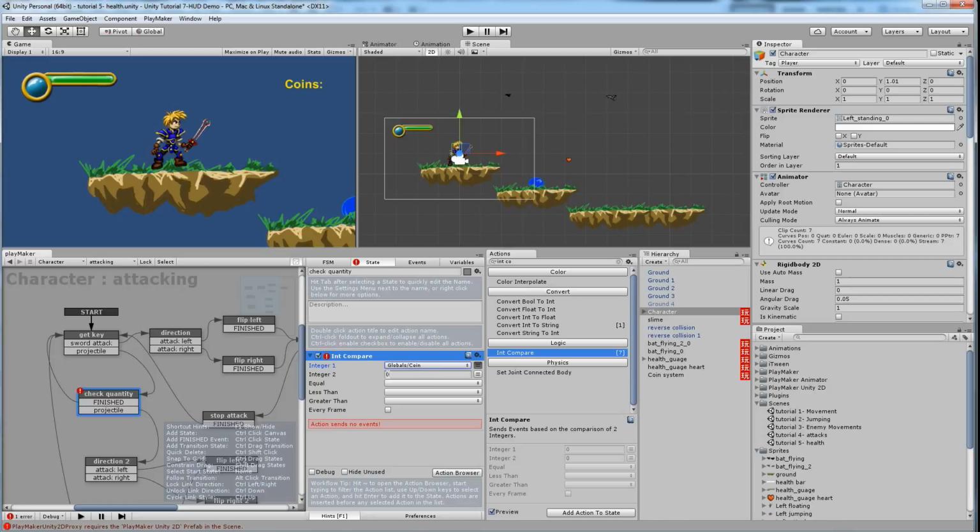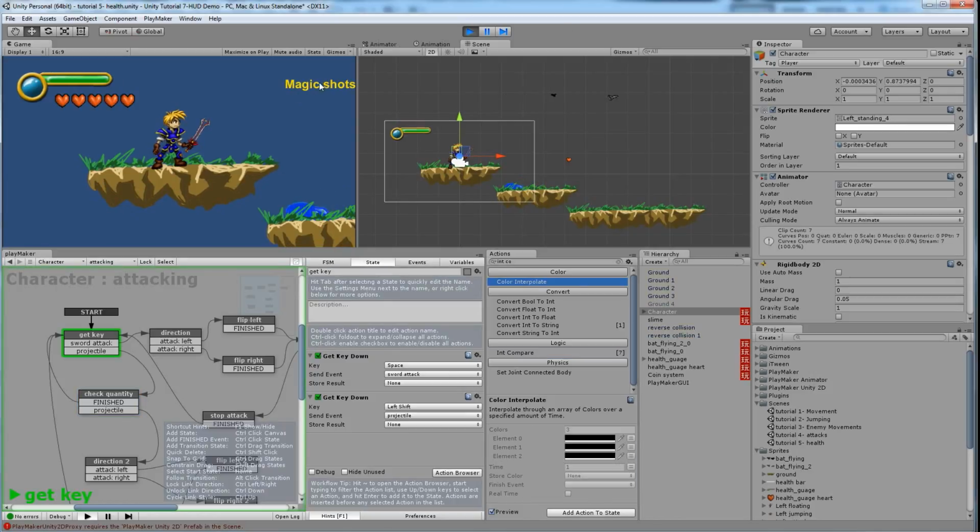We're going to compare that to 0. And we're going to say if it's equal to 0, we're going to go to finished, which means nothing's going to happen. If it's less than 0, we're going to go back to finished, nothing's going to happen. But if the coins or bullets is greater than 0, we're going to use the projectile state and continue forward. And we don't need to do it every frame, just a one-time thing, and that should allow it to work now. So if we press play,